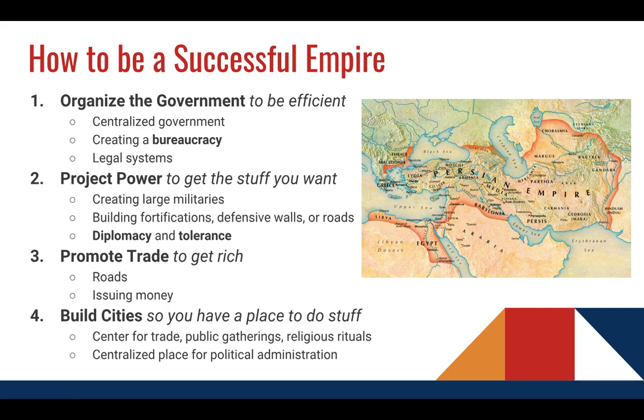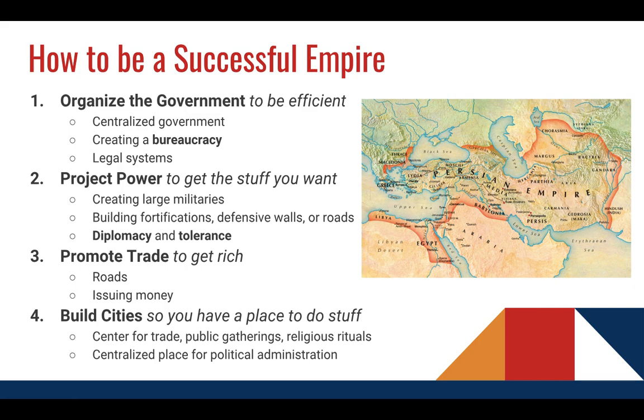So you need to organize a government. You'd like it to be centralized, so control to be under one person or perhaps a very few number of people. It would be helpful to centralize power by creating a bureaucracy. Now, this term refers to people or agencies that work directly for the people in charge. So instead of being perhaps lesser kings or nobles out far away from the capital city, these people owe their wealth and their loyalty directly to the ruler.